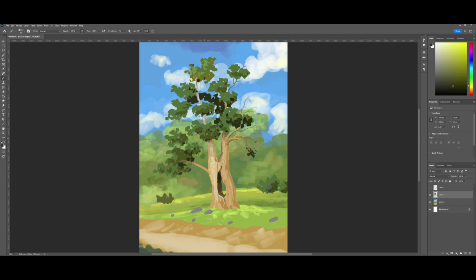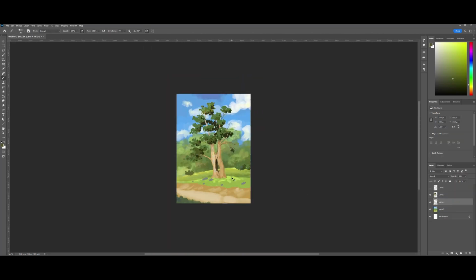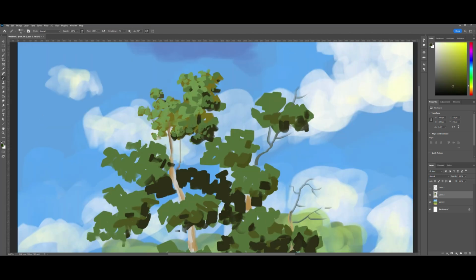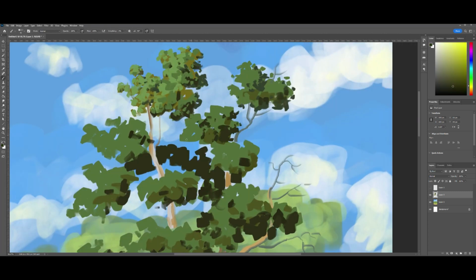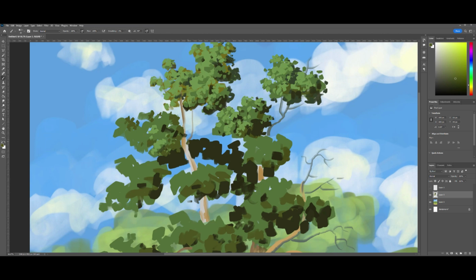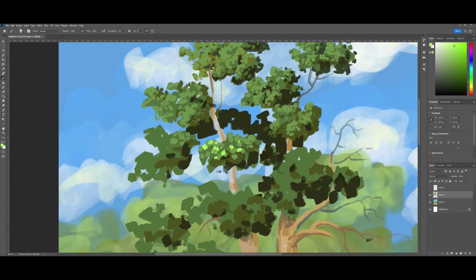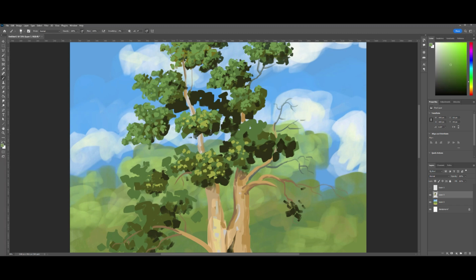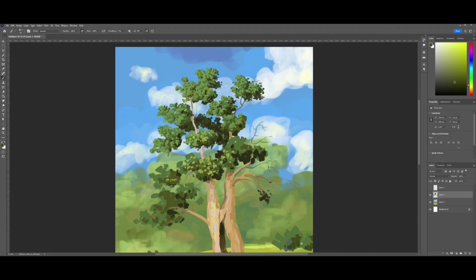Note that I don't draw each leaf individually on the tree. The principle here is simple. The sun shines from above, so the lightest greens will appear on the upper edges of the leaf clusters. I began by sketching the foliage with a medium green tone, then added lighter shades to highlight the upper part of the foliage. For the lowest shadowed areas, I used a darker green. Occasionally, I blend small patches of dark green into the lighter areas to add depth and contrast. This technique not only saves time but also creates a more natural and cohesive look without the need to painstakingly